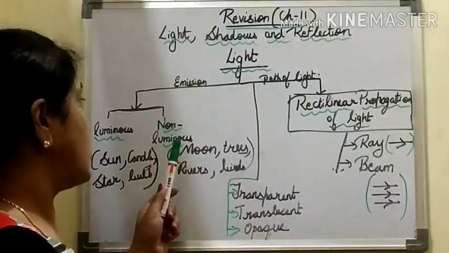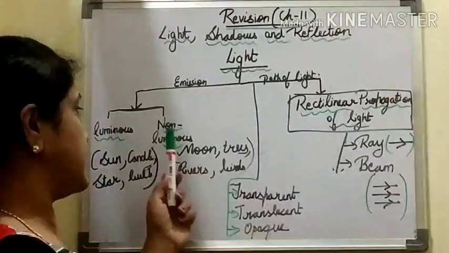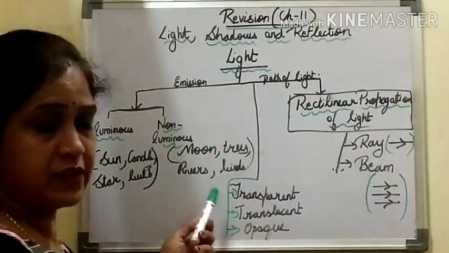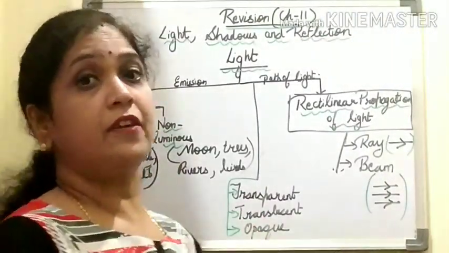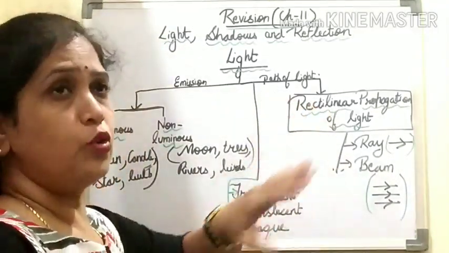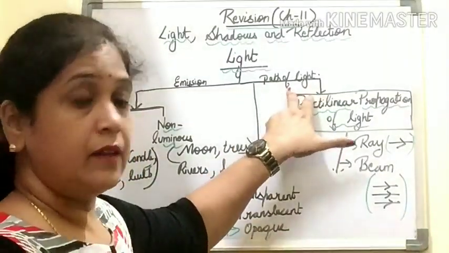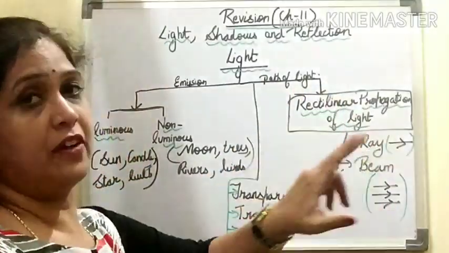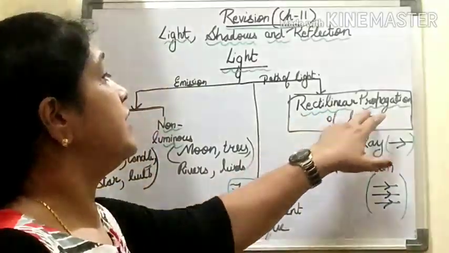What are non-luminous objects? Objects which do not emit light of their own are known as non-luminous objects. Example: moon, trees, rivers, birds. These are non-luminous objects. Next comes how light travels. Light travels from a luminous body in all directions. Now, what is the path of light? The light travels in a straight line, and that property is known as rectilinear propagation